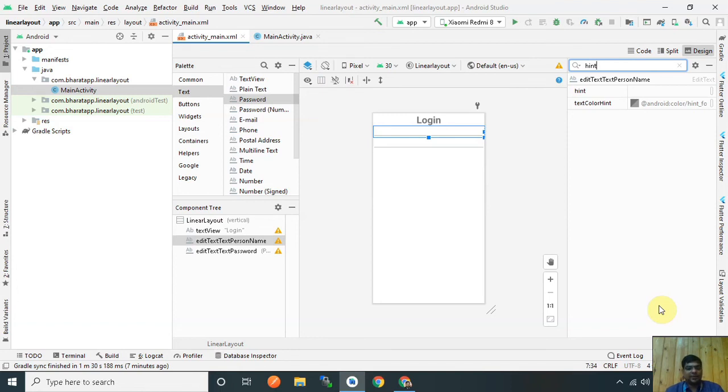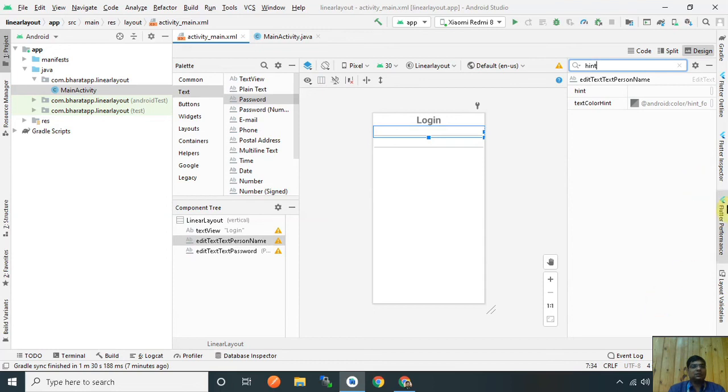And if you don't want that text, you have to remove it, which is awkward. But what is the hint? Hint is a text, but it is shown on the edit text, and when you click the edit text, the hint is automatically removed and your fresh text is typed into that edit text. So we use the hint in the edit text, and we use the text in the text view.